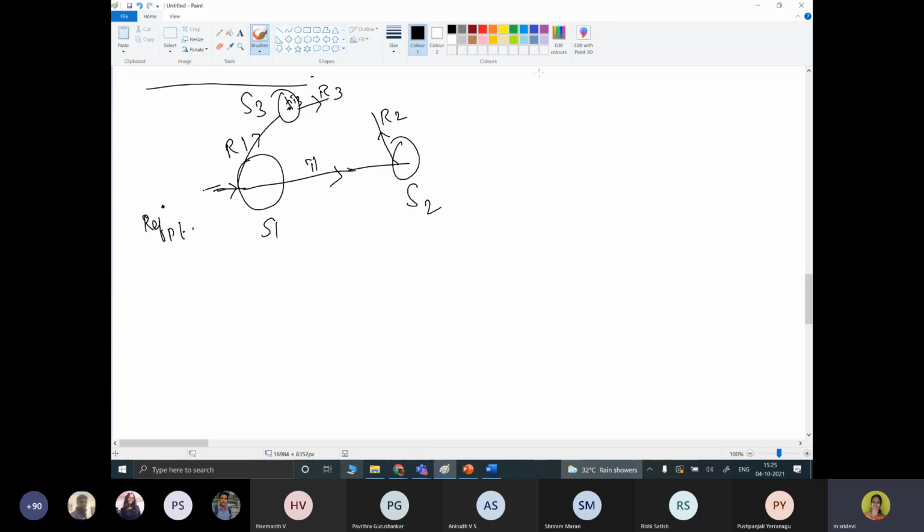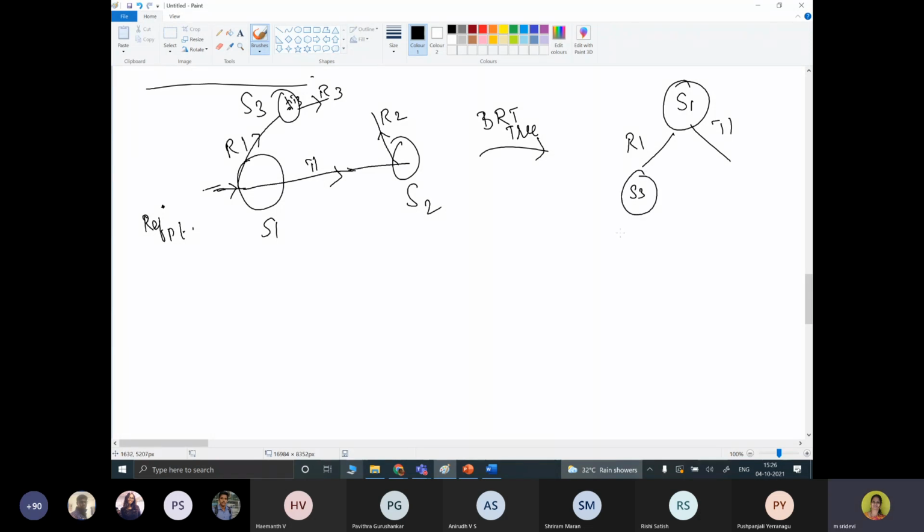For a screen position, we are constructing a tree called the binary ray tracing tree. The tree is going to have the information about the reflection and the transmission paths of S1, which are these two things, and R1 again goes to S3.